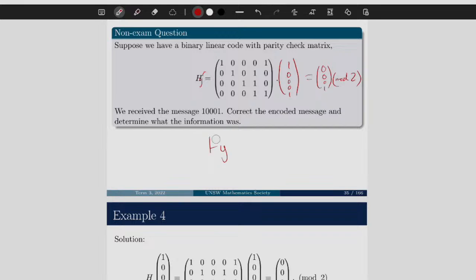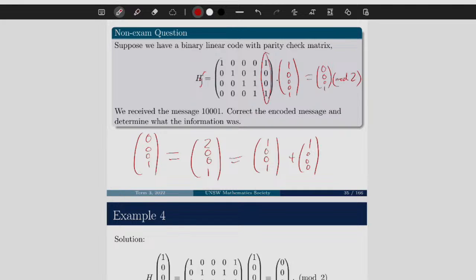Okay. And we can all agree that, hey, this here doesn't actually perfectly line up with any of these columns. So the method that we were using earlier doesn't work here. However, what we can say is because it's mod 2, I can say that this is equivalent to this, right? Just because 2 is congruent to 0 in mod 2, right? And hence, this is a construction between 1001 and 1000.